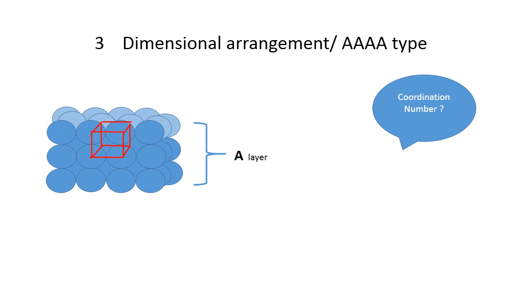Now the coordination number. Let us select a sphere here as the one which is shown. I can clearly see that each sphere is surrounded by 6 spheres. Now 4 in the layer of the sphere, and there would be 1 in the layer which is above the colored sphere, and there would be 1 which is below the colored sphere, and hence the coordination number would be 6. This is the 3-dimensional arrangement.